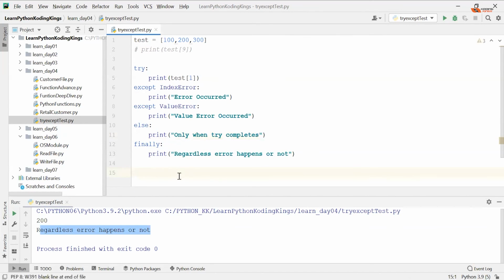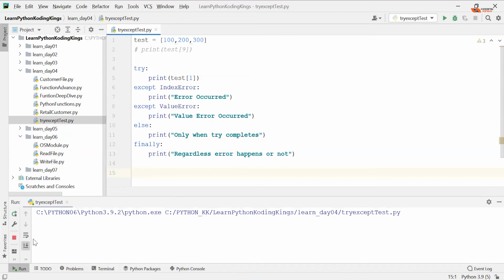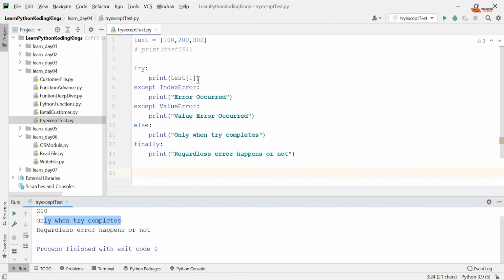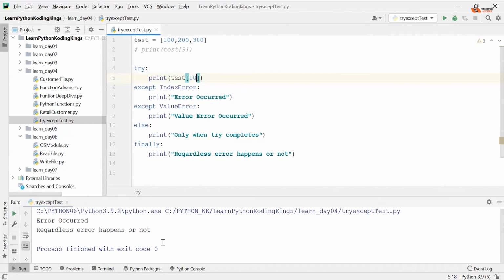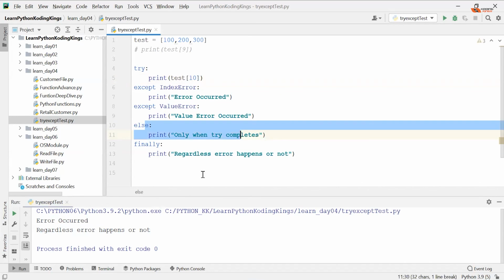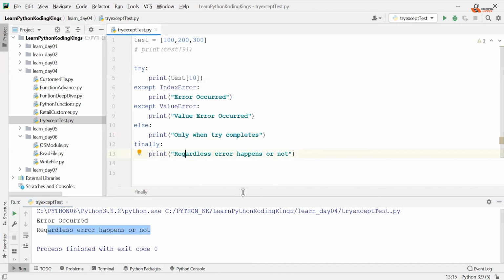So else only executes when try completes. Now run this and you will see it only when try completes. Now raise an error, and you will see that error occurred, but now else is not executed. This will execute because it's the finally. Good with that? So this is the standard syntax of try, except, else, and finally in Python.